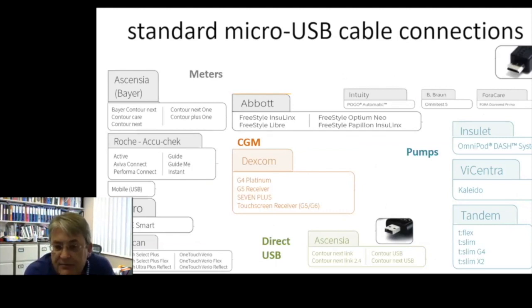Some of the Essentia meters will actually have a USB standard connector as part of the meter itself. And we can see that micro USB is also what's used in a number of our pump uploads as well. So all of these devices can automatically be uploaded via a standard micro USB, via the computer into DIASEND,